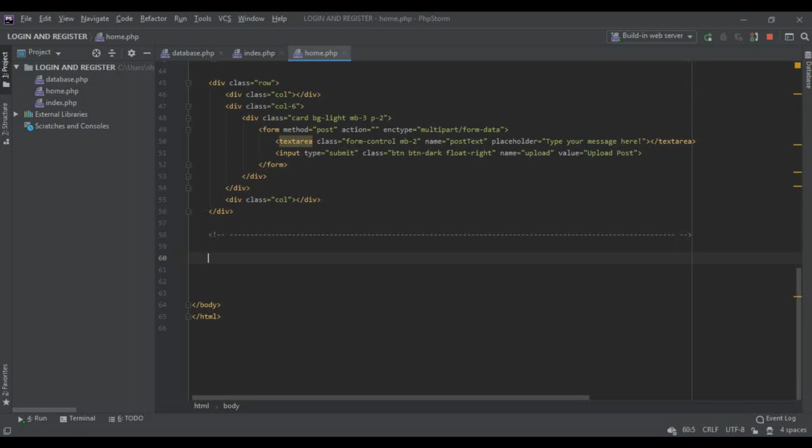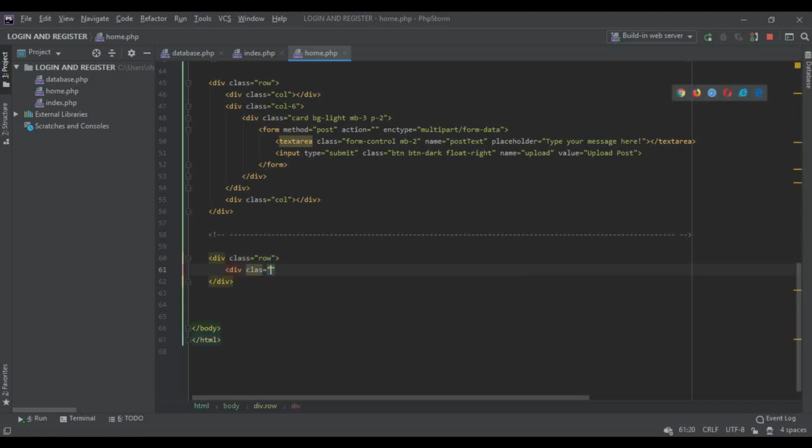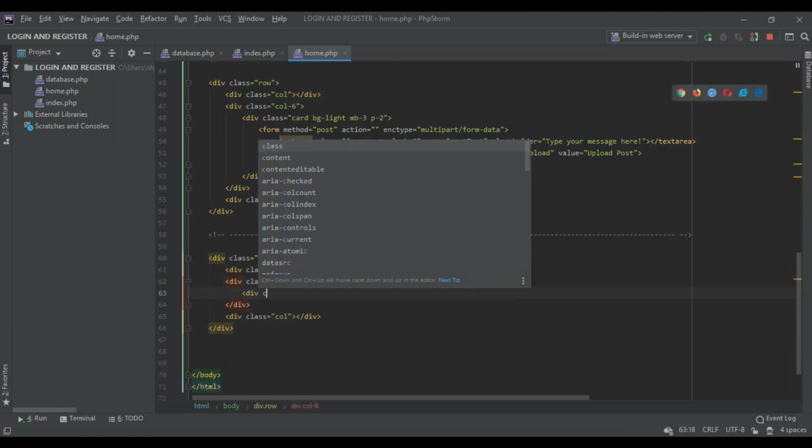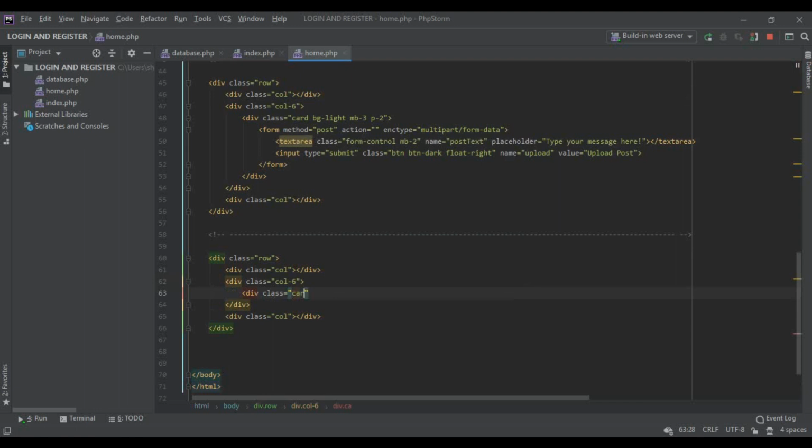So let's get to it. First of all, we are going to create a div class row in which we're going to have 3 other columns just like we did before in the previous video. So our posts are retrieved in the middle column and they stay in the center. We're going to give them a value of 6, and inside here we're going to have another div which is going to be the card,